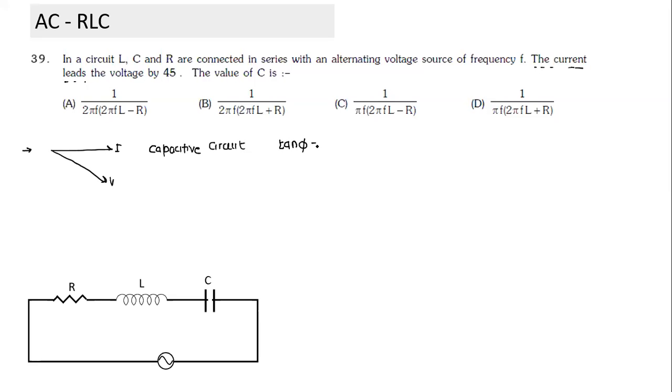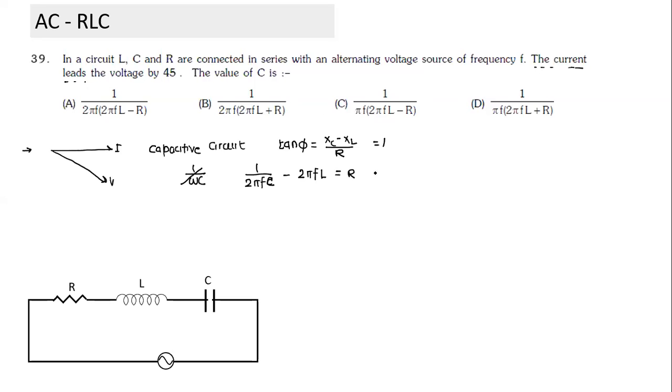XC minus XL divided by R is equal to tan phi. That's all this equation is, very simple. Let's substitute these values. XC minus XL, and then I substitute the values. XC is equal to 1 by omega C. Since this question is about frequency, I can write omega as 2 pi f. So 1 by omega C minus omega L, with the given value of L, is equal to R. From this equation we can easily find the value of C.